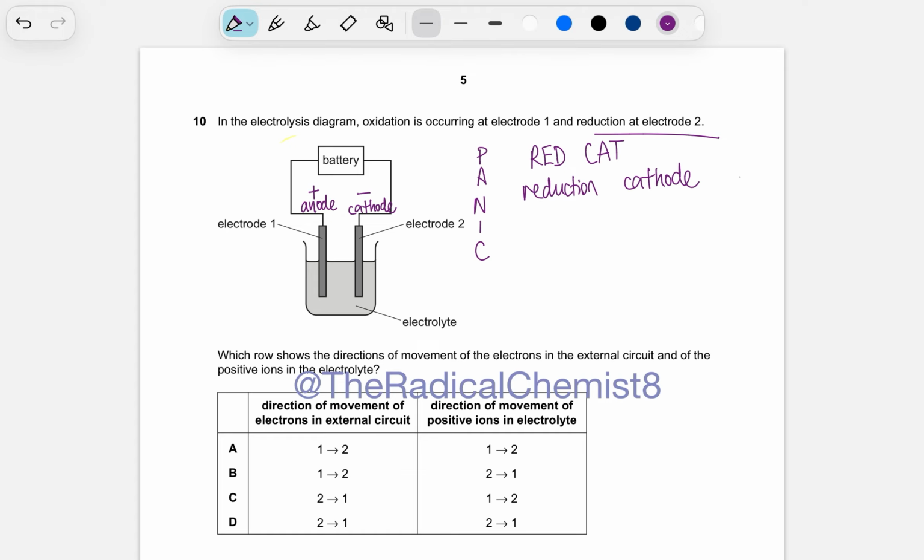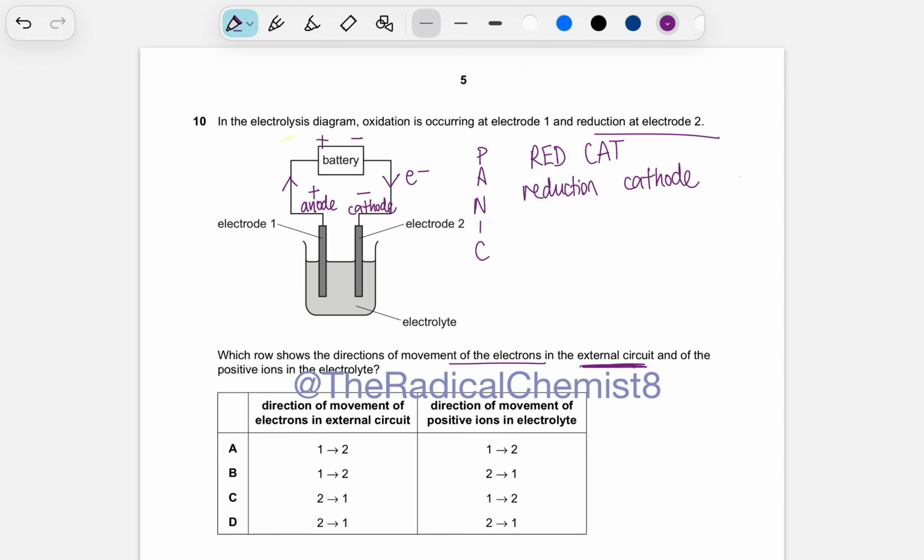And so remember then, electrons always go from the negative side of the battery to the positive, because they are negatively charged, so they'll repel that. So movement of electrons is occurring like this. And so let's see what the question wants. Which row shows the direction of movement of the electrons in the external circuit and the positive ions